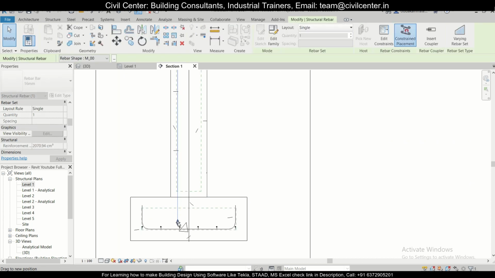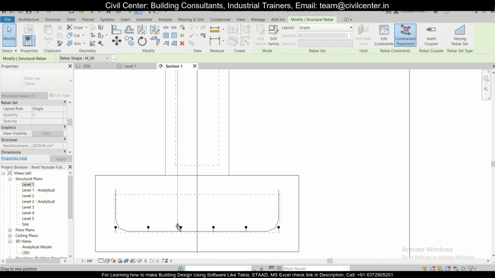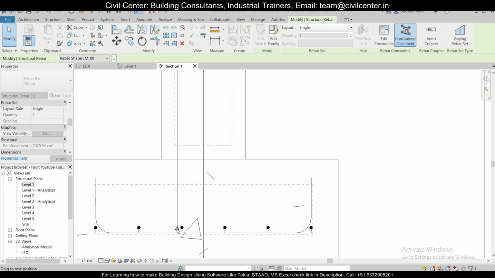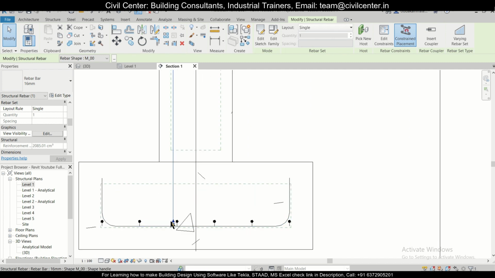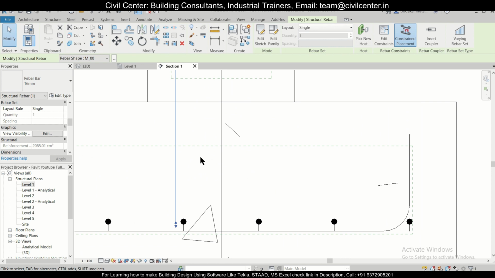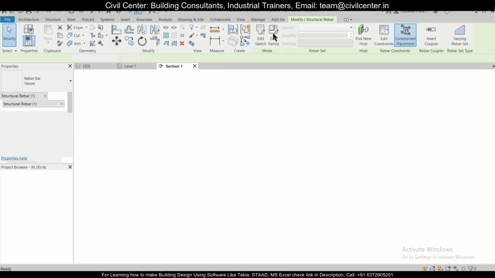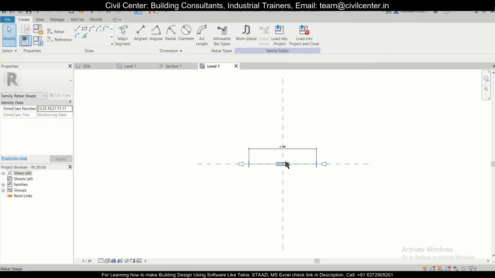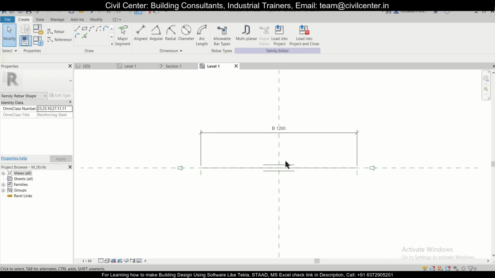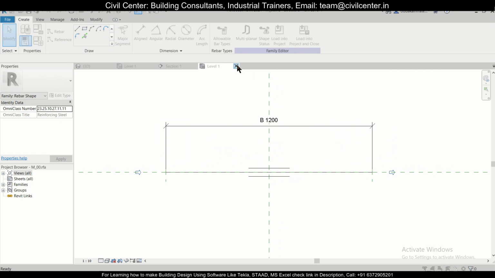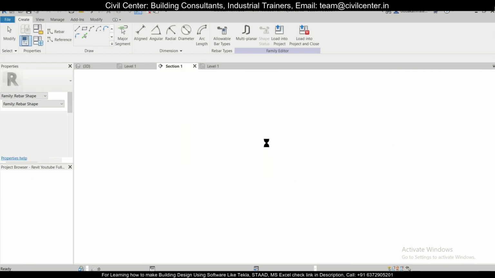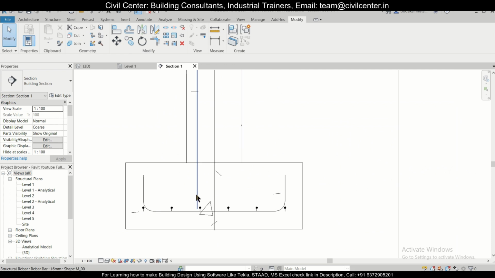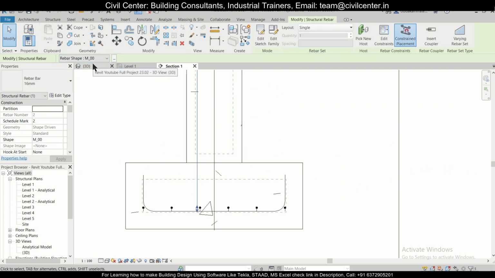When we have placed it, we can select this and drag it to the portion a little bit below here. After that we'll also give the hook length, or the development length, for this particular bar. If we were to define a particular development length, you have this option of edit family. What this does is you can actually edit the particular member here. We don't want that right now, so just close this.